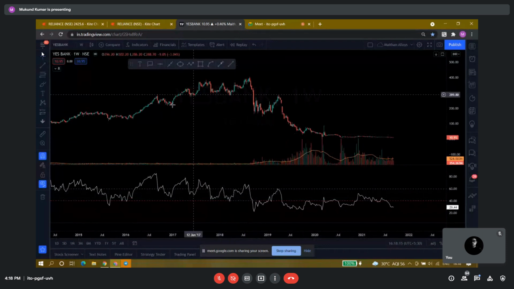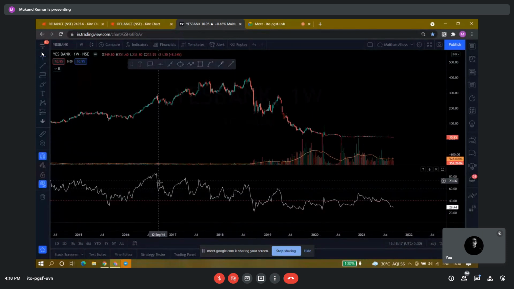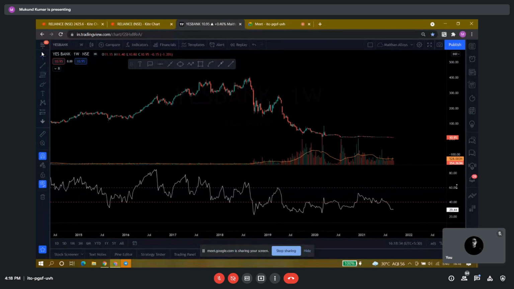The stock was in an uptrend here. Uptrend, sideways, uptrend, sideways, uptrend, sideways. It took resistance here. The first caution is that the stock has taken resistance here at 60 levels. So this is a caution. Can you understand? I have already explained this, right? I have told you that a stock taking resistance at 60 levels is a caution sign that the stock